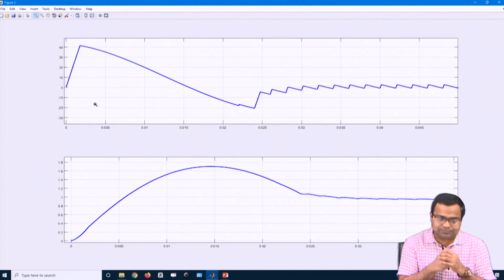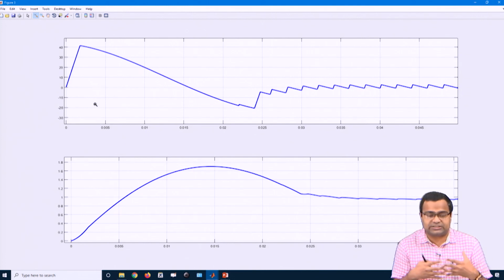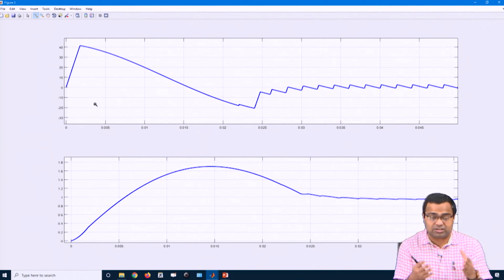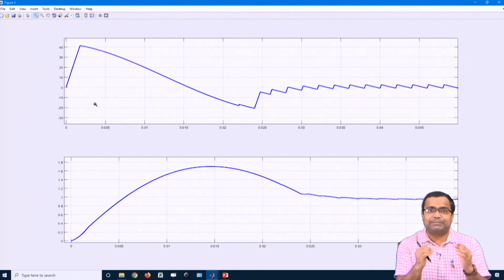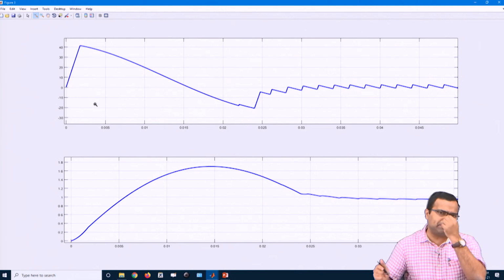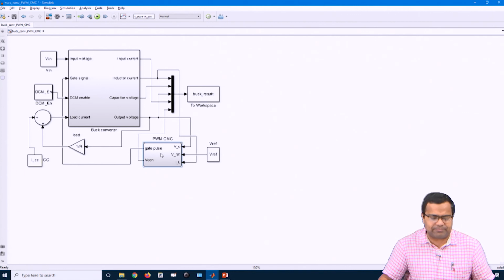Now, the next question: we want to set a current limit and see how we can improve this startup performance without violating the current limit. The question is, what value of current limit should we set? It depends on the power stage design we discussed. When we came up with the power stage design, we identified that the peak current depends on my maximum load current. In this case we consider 20 ampere, so we can go up to 25 to 30 ampere.